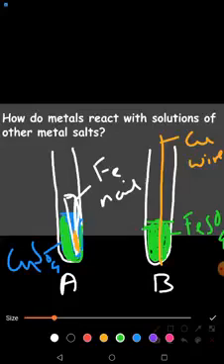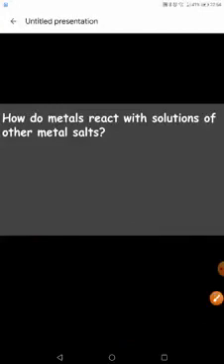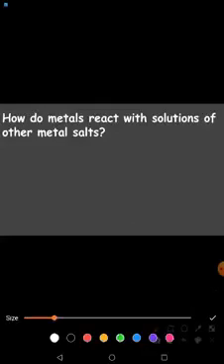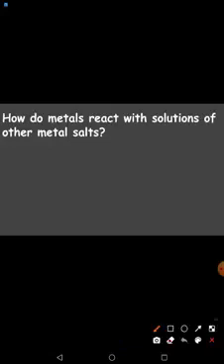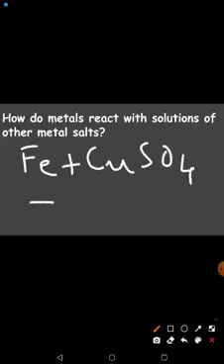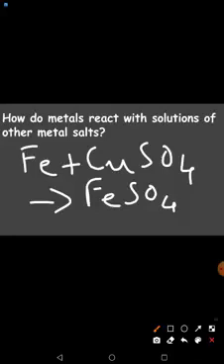So let me put these two reactions in the form of an equation. See here. Let me put those two reactions, whatever we have seen: the iron nail was put in copper sulfate solution, and at the tip of the iron nail you must have seen a reddish brown deposit of copper. So a displacement reaction has taken place there, and you will have FeSO4 plus Cu. Since FeSO4 is formed, the solution is also turning light green or pale green in color.